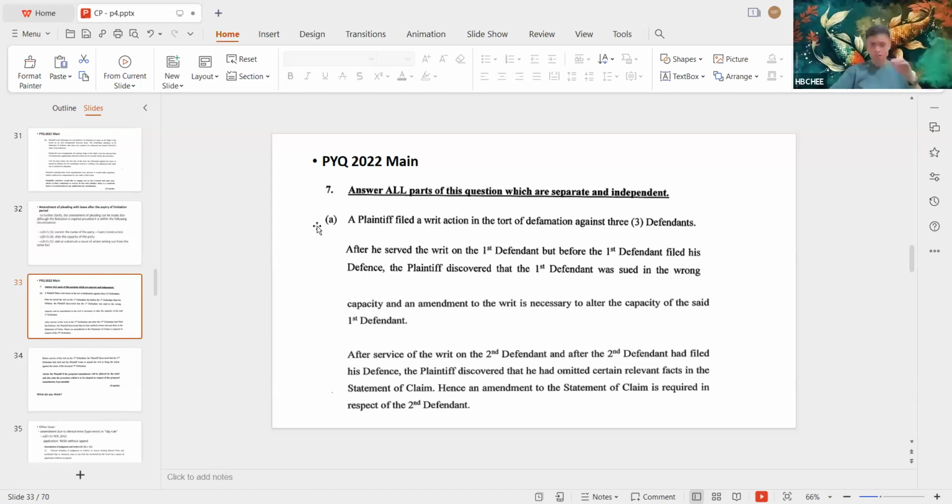Unlikely the First Amendment can be done. Now we move on to the Second Amendment. Discover that omitted certain relevant fact. Hence, amendment is required. Okay, on this part,